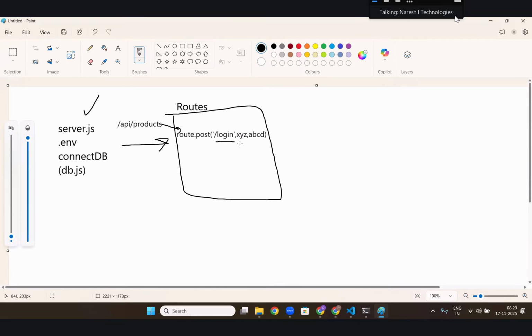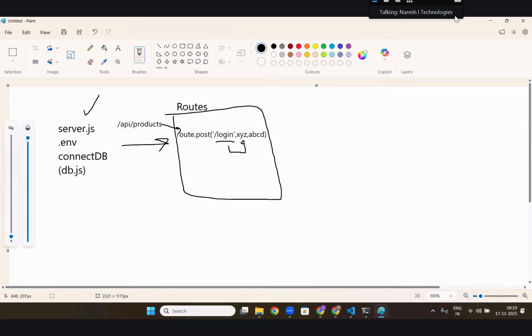then where will it go? From login, where will it go? To XYZ. What is XYZ? Where is XYZ? In the middle, right?